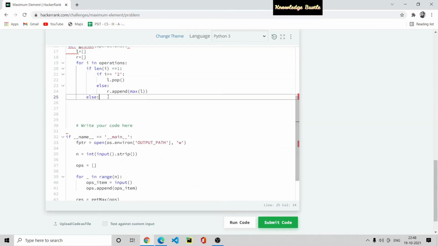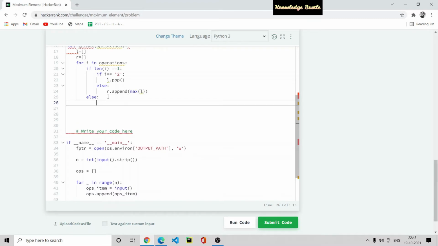I think you all know about the split function. We write q, e = map.